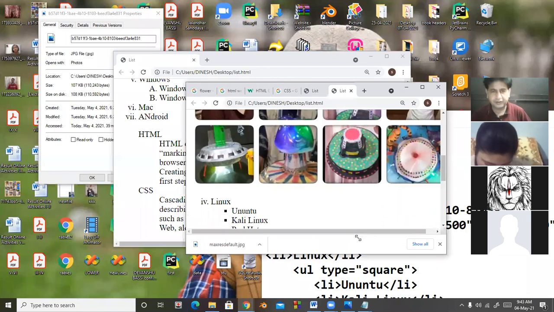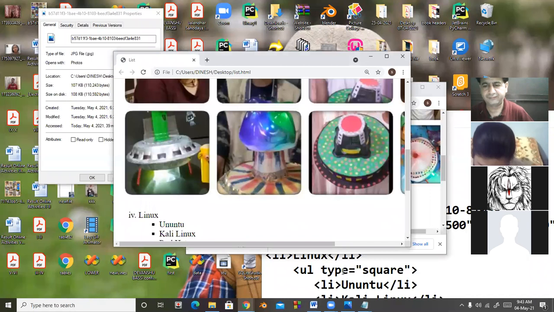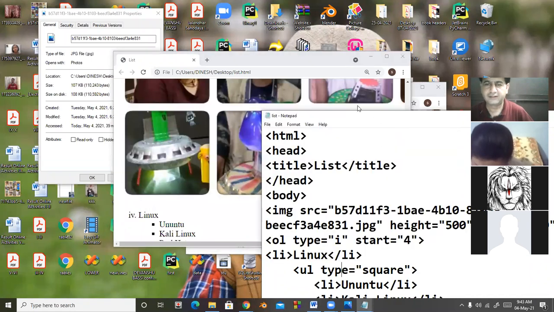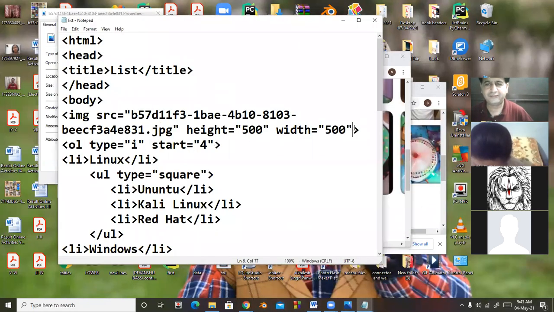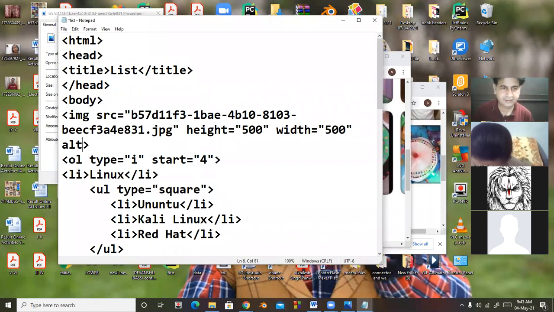Another attribute of the image tag is called ALT. ALT stands for alternative text. In double quotes, you can give any text. There are two benefits of the text. If the image is not displayed, that text will be displayed.